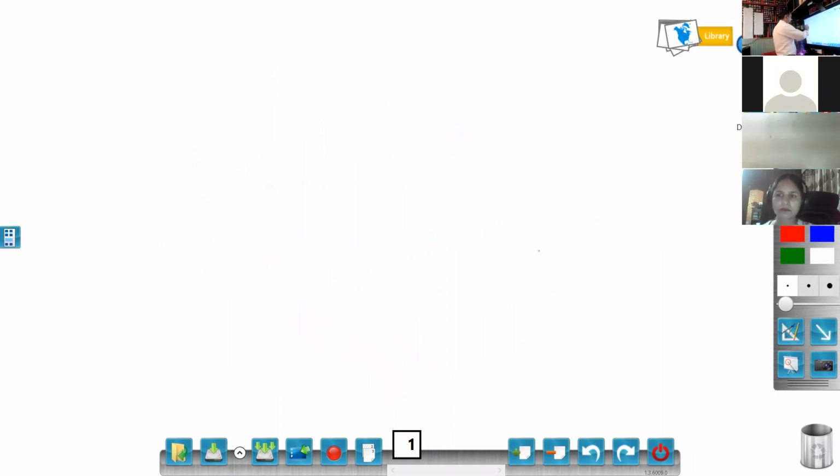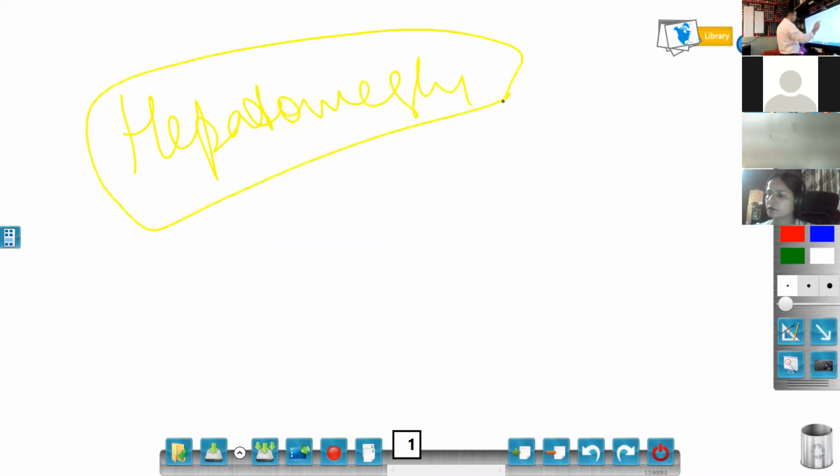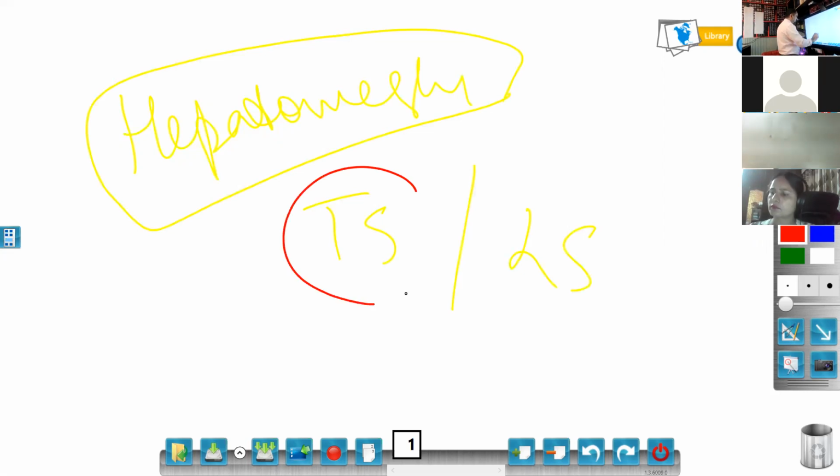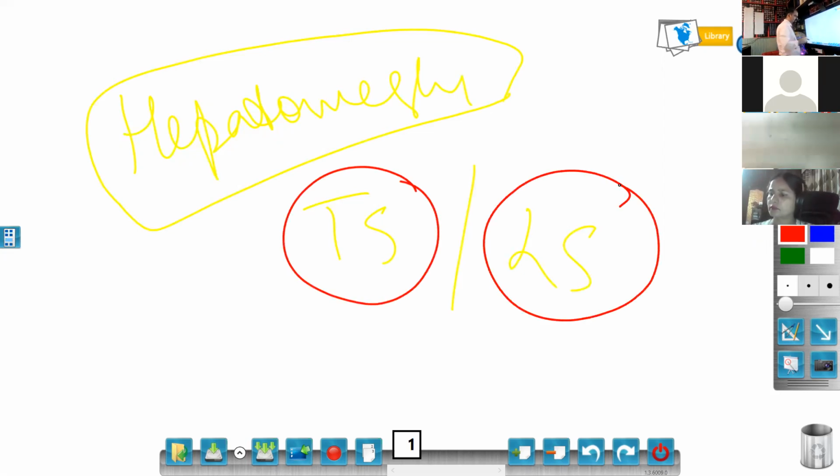Whenever I am dealing with hepatomegaly, I have to see the liver in transverse as well as in longitudinal section. This transverse section and this longitudinal section will give me an understanding whether the liver is increased, see, to my body, this way or this way. It means if it is more in anterior-posterior or more in superior-inferior. If you will be palpating the liver, no question. This is a very important question.